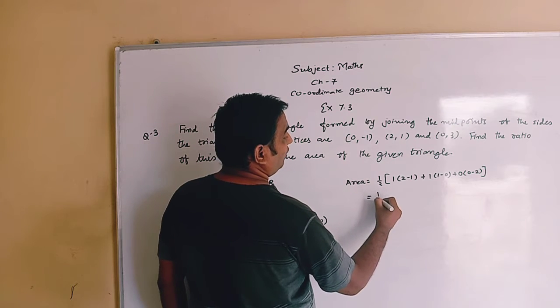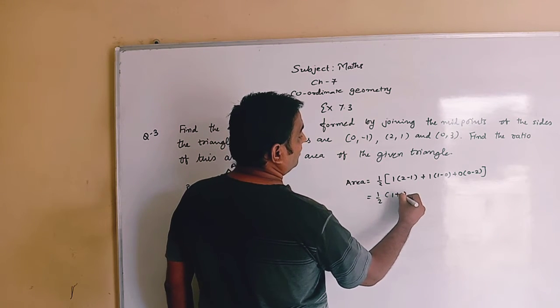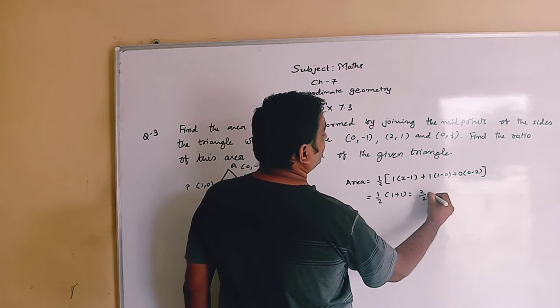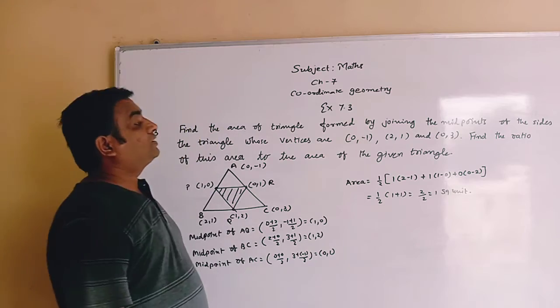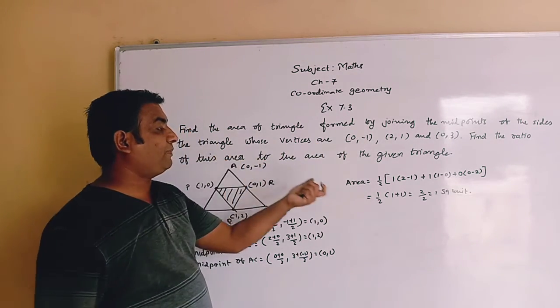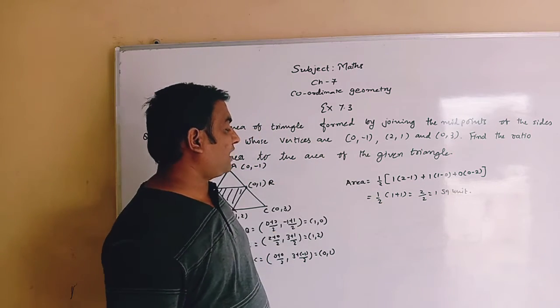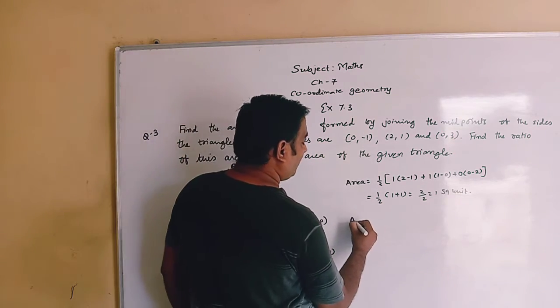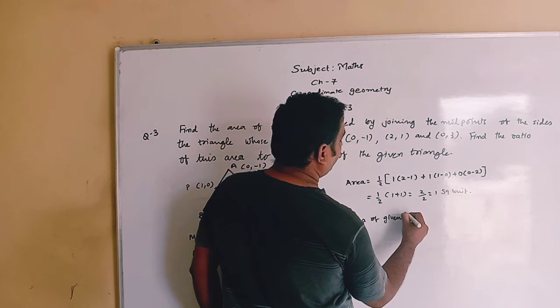And so 1 by 2, 1 into 1, 1 plus 1. And so 2 by 2, that is 1 square unit. Now here is a further question. You say that find the ratio of this area, meaning this 1 square unit, with the given triangle. So the area of the given triangle we find out, and the area of the given triangle will be